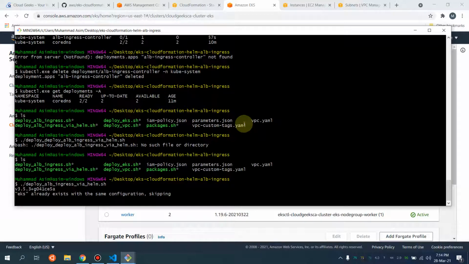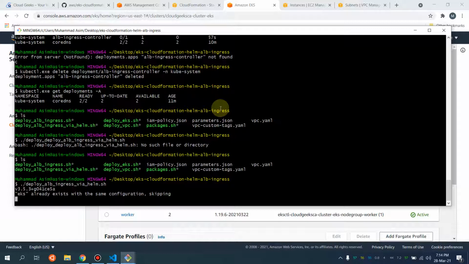In the background there is work going on, and the best thing with the deployment of ALB ingress controller through Helm is that you don't have to do any manual stuff. In the previous video, if you use the eksctl CLI, you have to manually update the ALB ingress controller deployment.yaml.